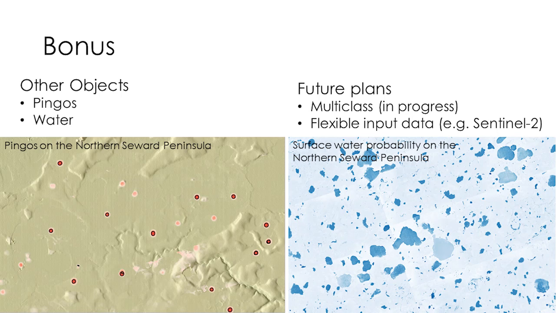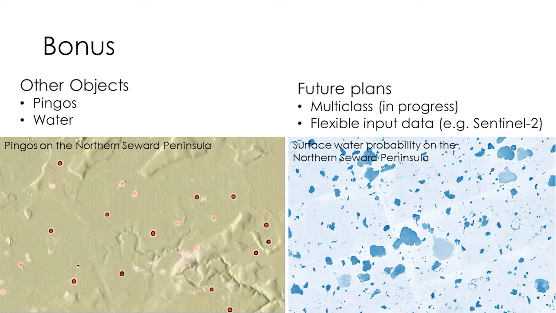Even after the summary, we have a little bonus. So the methodology and the workflow is so much automated that we can also add other data. It doesn't have to be thaw slumps. So we can add any other features where we already have data sets, for example, pingos, which you see here on the left-hand side, where you see the pingo probabilities overlain on the Arctic Dam and the Northern Seward Peninsula, or to create water masks, which here trained on the